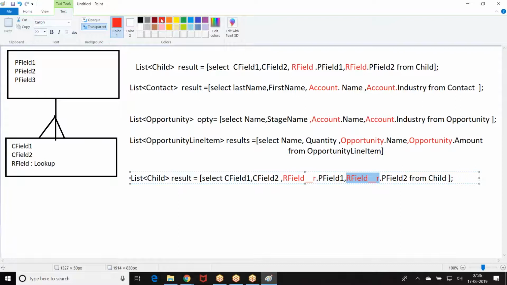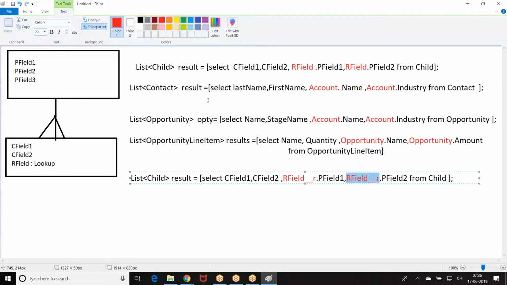So whatever the custom lookup field or custom master-detail field is, the name of the field gets underscore underscore r. Why do I use this? Because it's a custom relation. It is not created by Salesforce, it was created by the user.